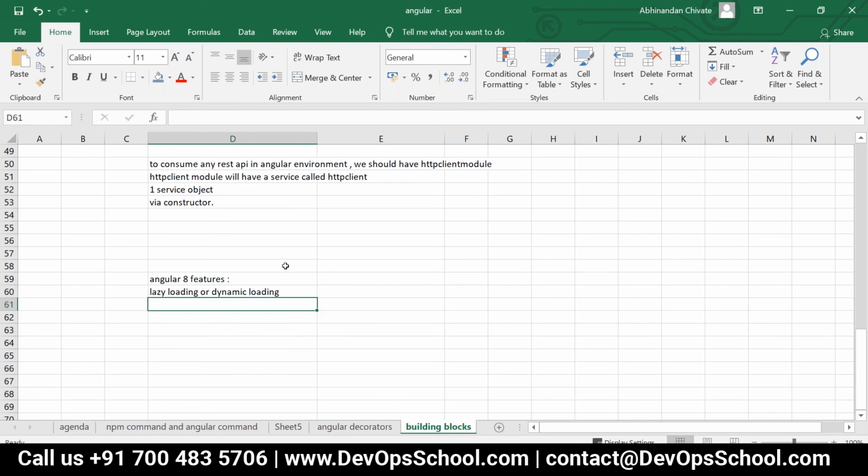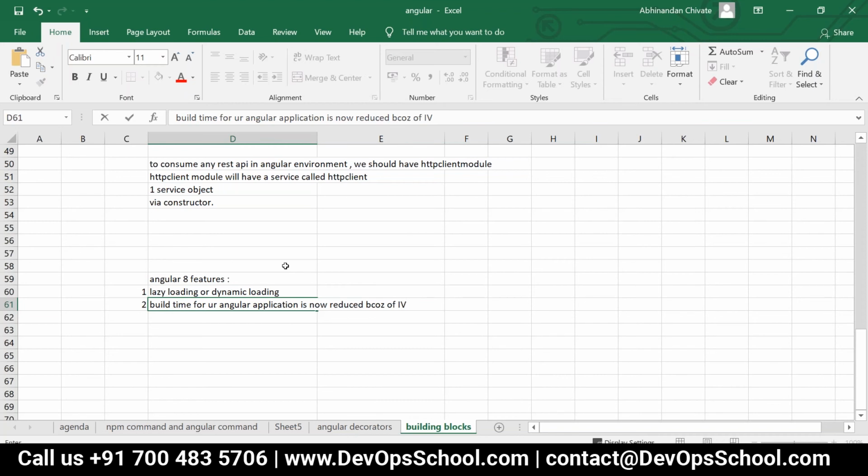Another thing is that the build time for your Angular application is now reduced because of the Ivy implementation.